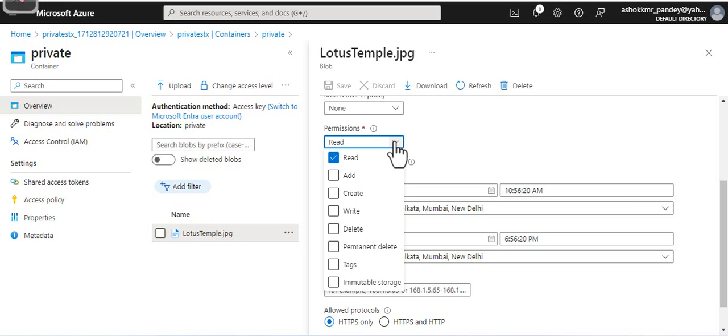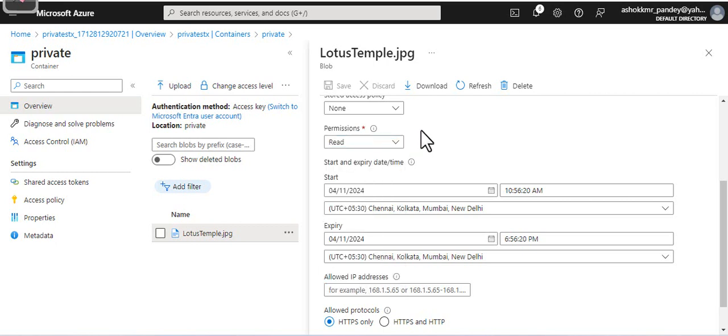You can give different permissions. The default was read, but if you want the user to be able to create, write, delete, you can assign other permissions as well. I am going with the read permission only,